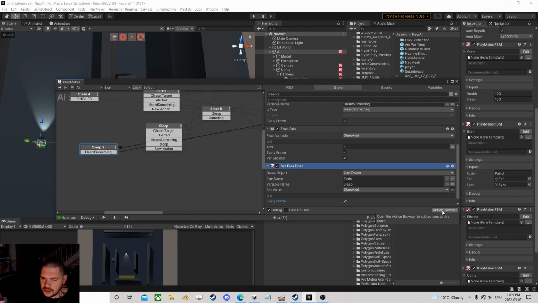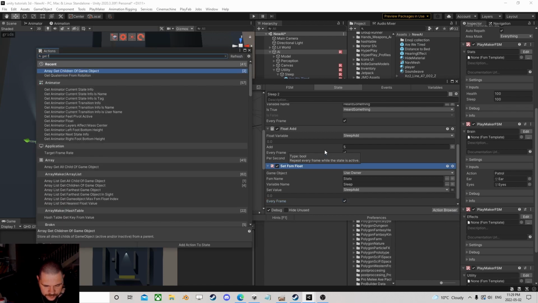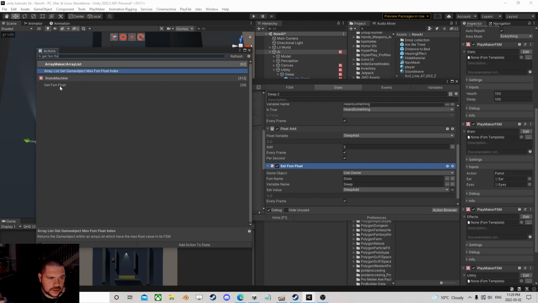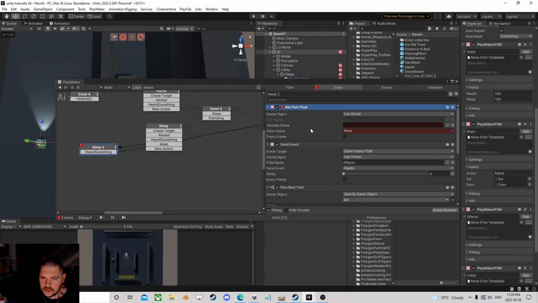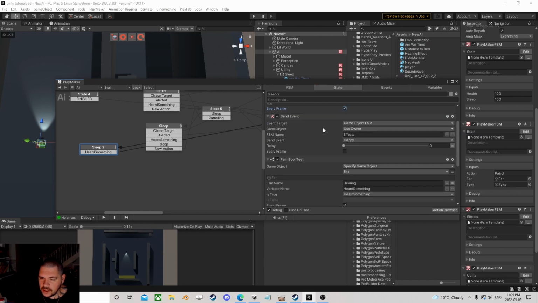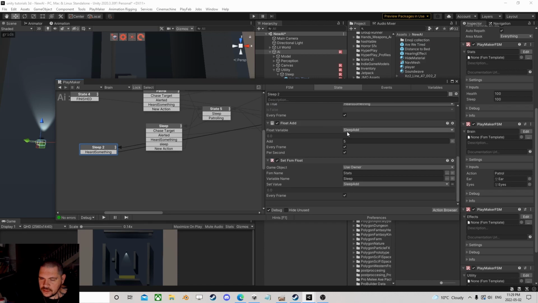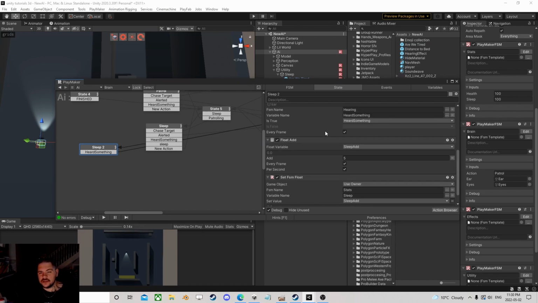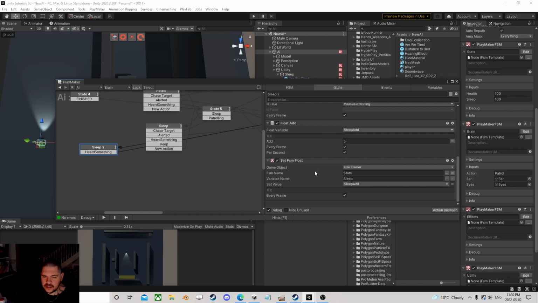So the thing we kind of need to do is we actually need to get the float in the stats, sleep, and we'll store that into sleep add. I'm going to store that every frame. So we're going to get that value, we're going to add, and we're going to set it all at the same kind of. Make sure the order is correct. Get, add, set, and you